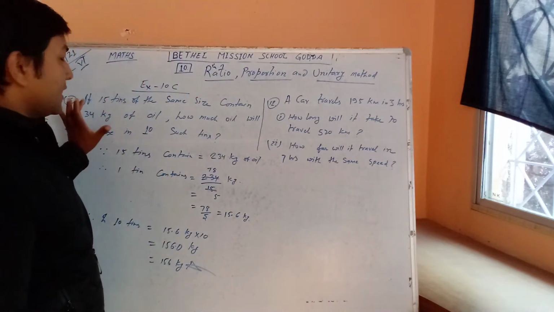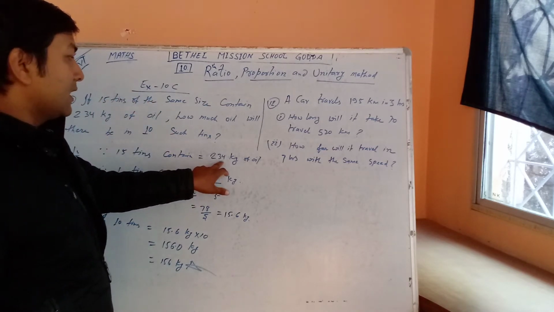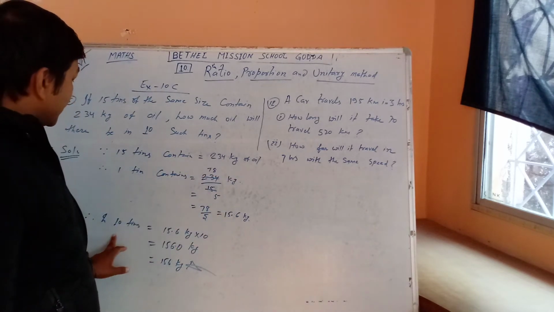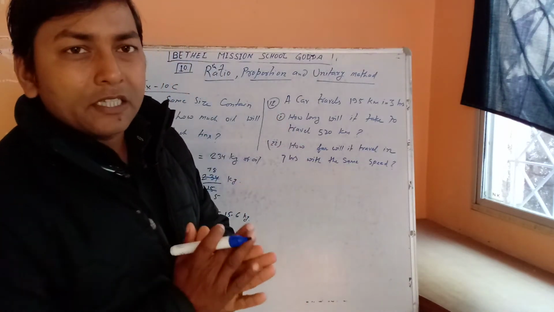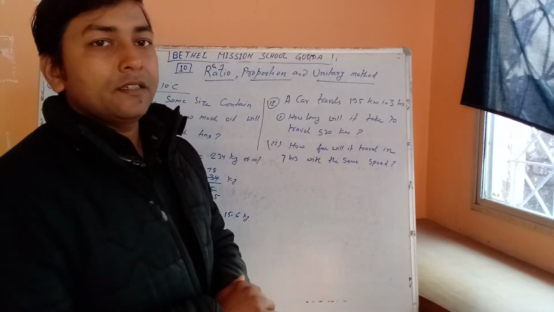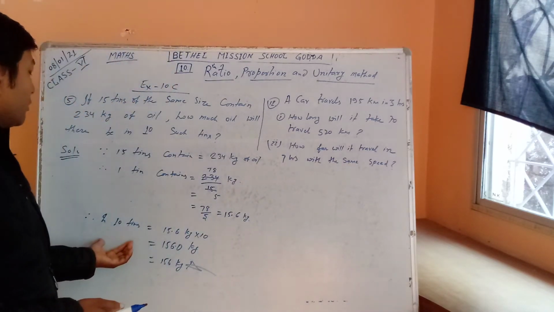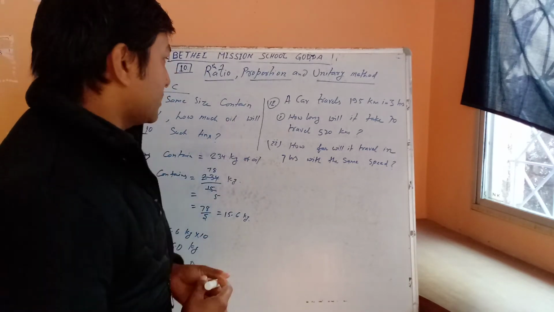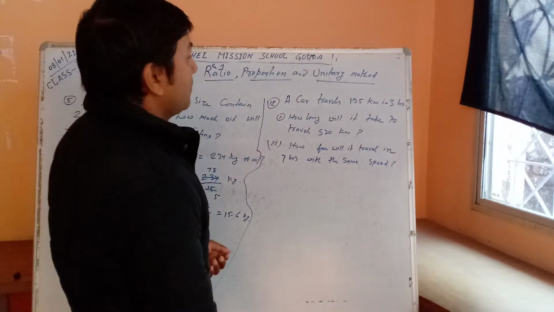First, it was given that 15 tins contain 234 kg, so 1 tin contains 15.6 kg, so 10 tins contain 156 kg. That's why it is called the unitary method: first you find the value of 1 unit and then the required number of units. What is the required number of units? 10. Now I solve question number 12.